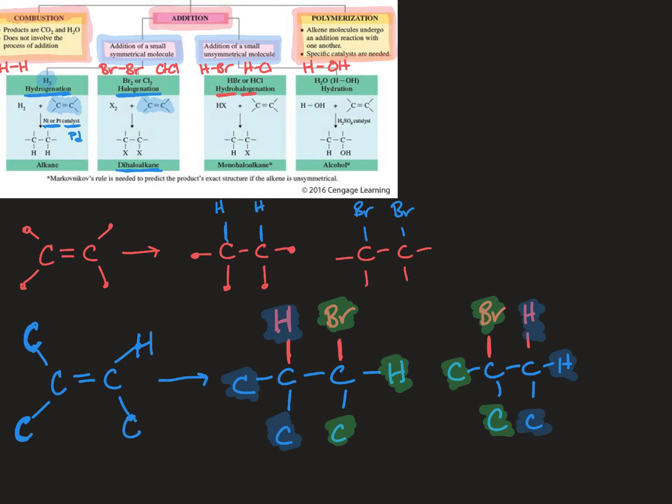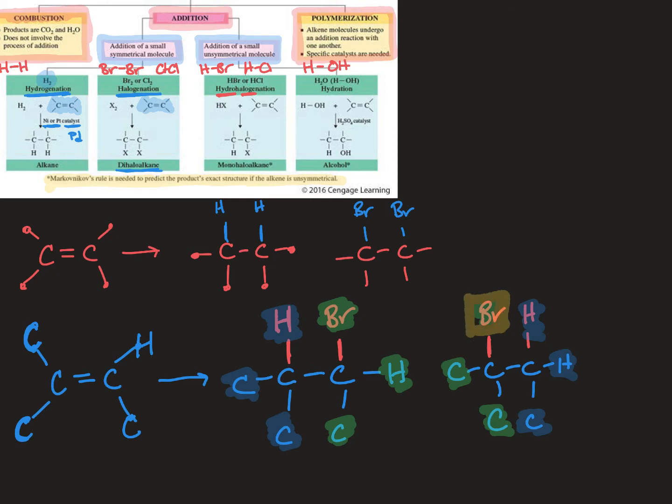So these are 2 different structures. They're actually isomers of each other. One of them is the product you will get, one of them is not. So the way you decide is we have what's called Markovnikov's rule, and it's written up here in the original slide. So what it says is you need to put the